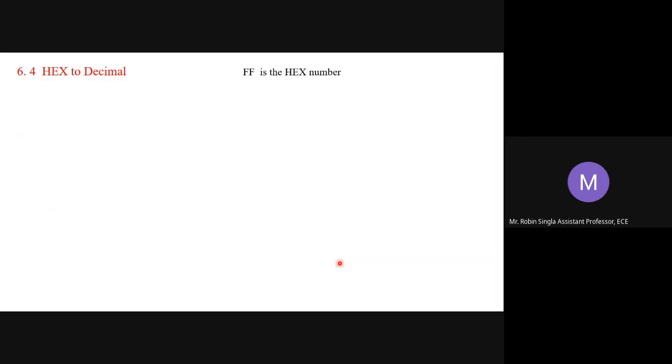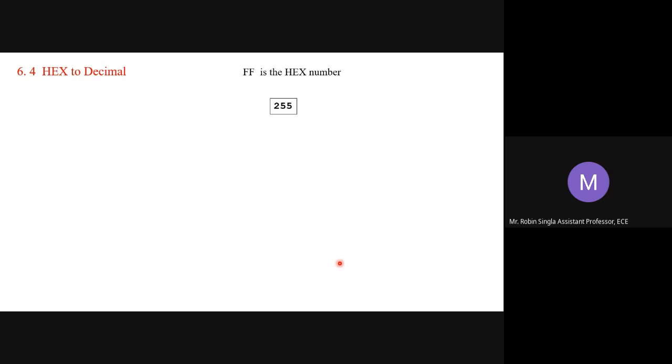Next is your conversion of hexadecimal to decimal. So let's say in your manual, the example they have taken is FF. FF is 255. So I will show you how it is working in decimal.